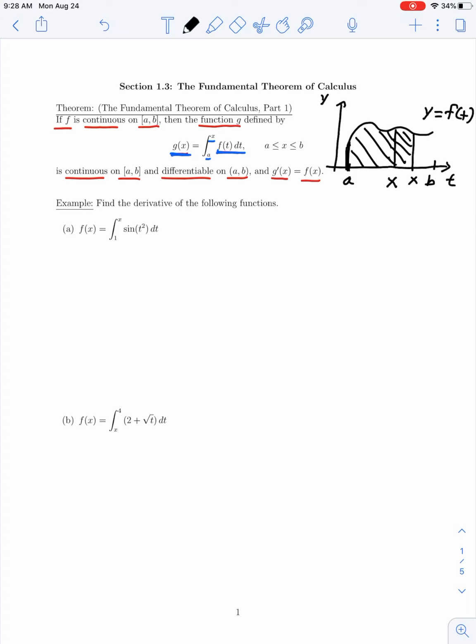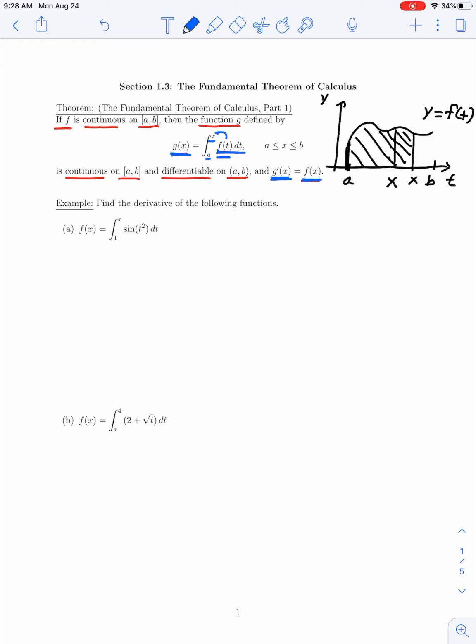So of course, as x changes, the area under this curve will change. And the question is, what is the rate at which that function is changing? What is the derivative of this g function? So the fundamental theorem of calculus, part 1, says the derivative of this integral defined function, g prime, is just the integrand f